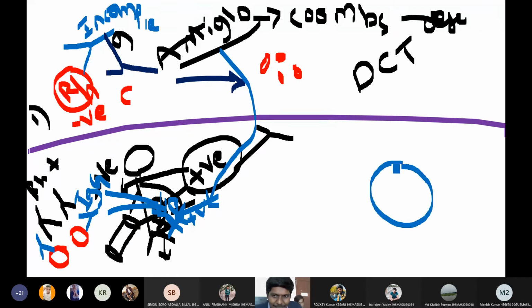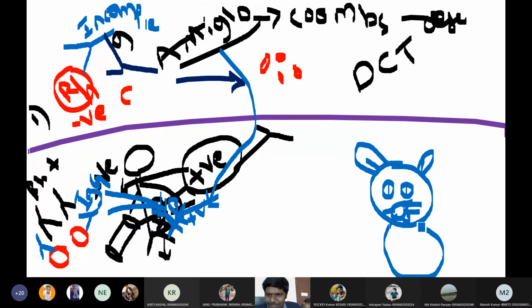So this is a cat. Okay, for example, this is a cat. It's not looking cute, but it is a cat, I assume. Now, listen to me, students. Okay, it is a mad rabbit. Anyway, whatever it is.